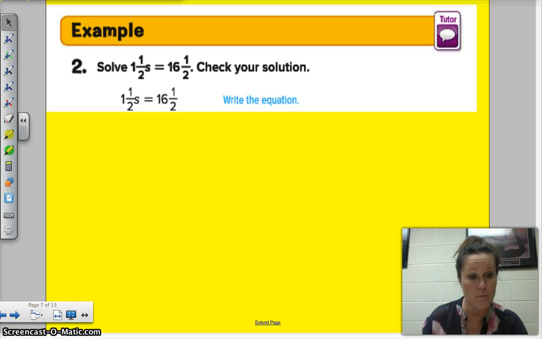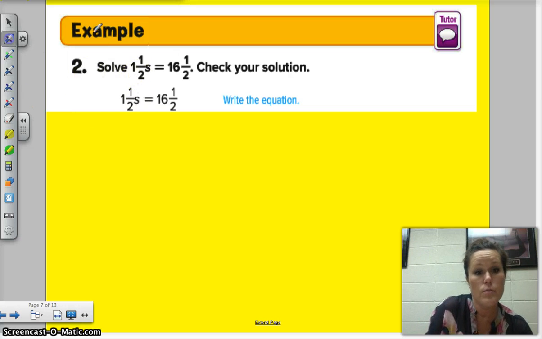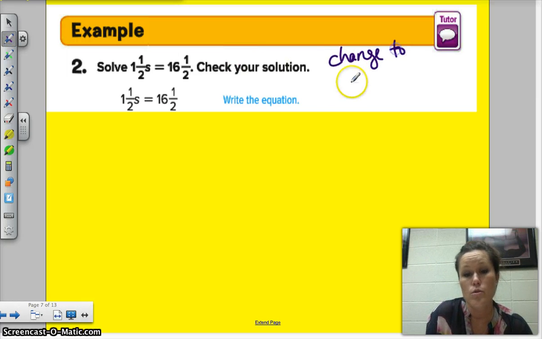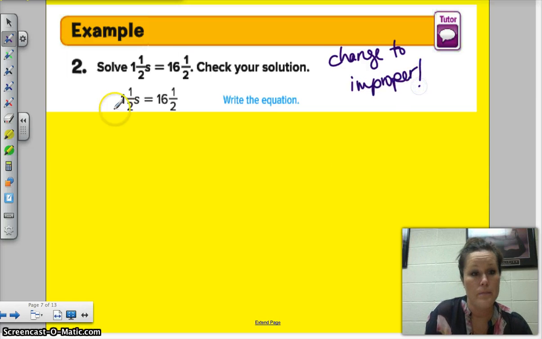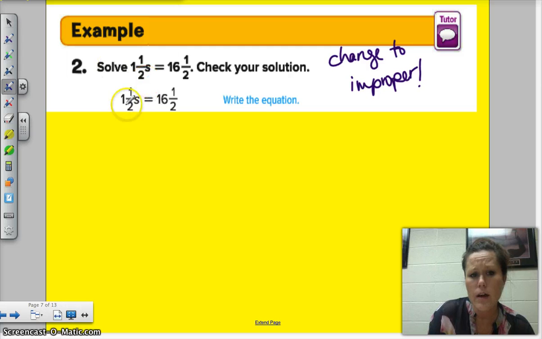Okay. Now, here is another example. This one has mixed numbers. So the first thing we're going to do is change mixed numbers to improper fractions. Instead of having 1 1/2 s, I'm going to have, goes this way, 2 times 1 is 2 plus 1 is 3. So I'm going to have